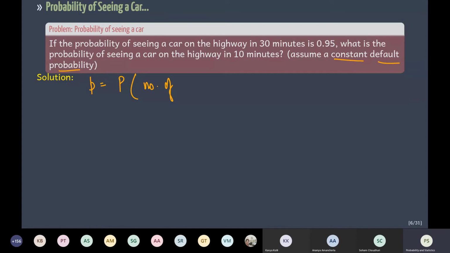So assume this thing. Okay, so the probability of the number of cars in 10 minutes, this is what we want to compute, and the probability that we have a number of cars in 20 minutes, okay, is what, right? So the probability of the number of cars we have in 20 minutes is, so here